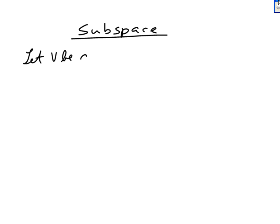This new section is entitled Subspaces. First thing we'll do is define our subspace. Let V be a vector space with some plus and some dot. If W, which is not the empty set, is a subset of V,